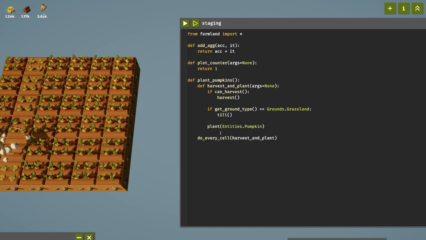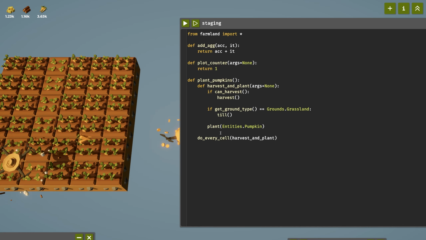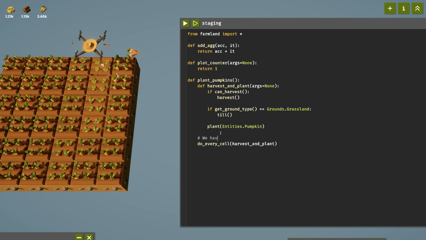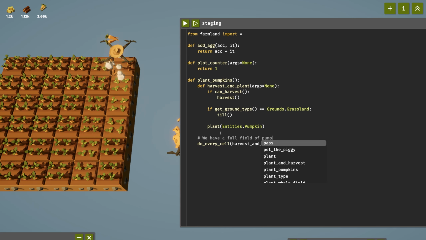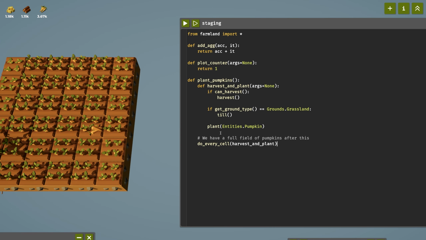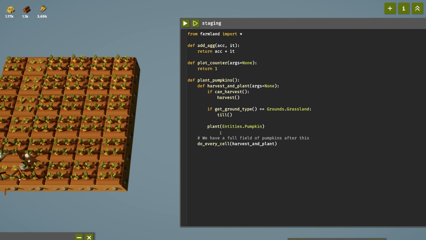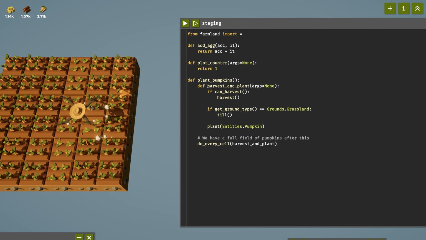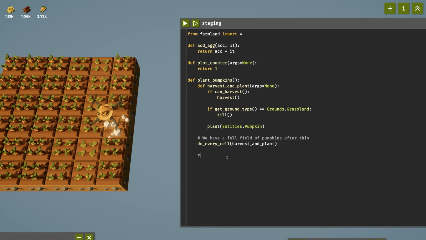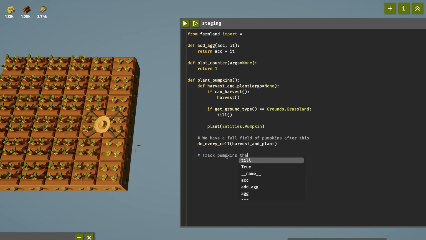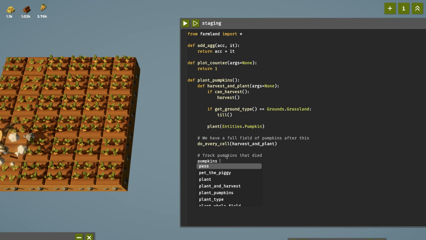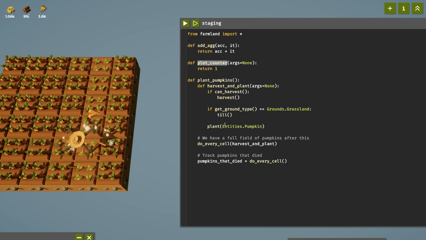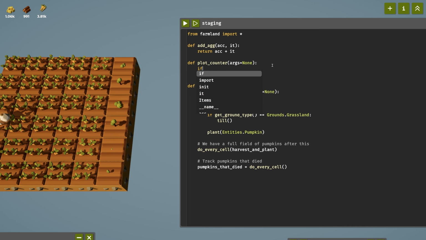So, meron na tayong initial planting nung pumpkins, right? So, we have a full field of pumpkins after this. Next is tatrack natin kung sino yung mga pumpkins na namatay. So, in that case, what I will want is meron tayong track pumpkins that died. So, pumpkins that died, do every cell. Ngayon, gagawa tayo ng function na, kanina to si plot counter, diba? So, what we will do here is, if